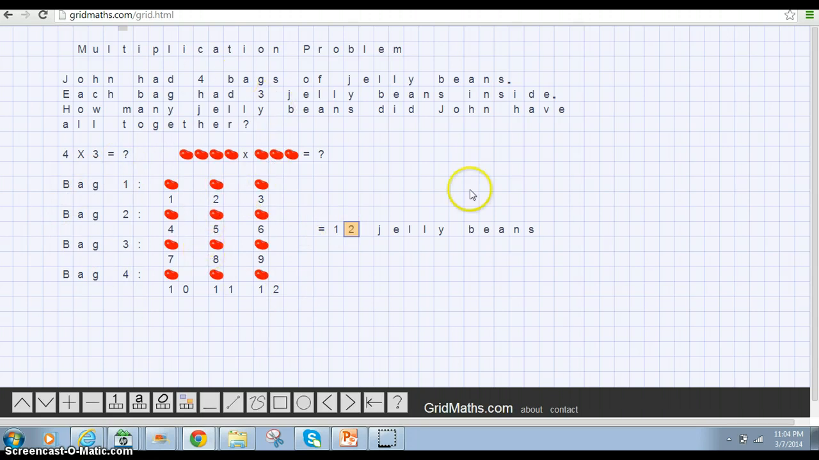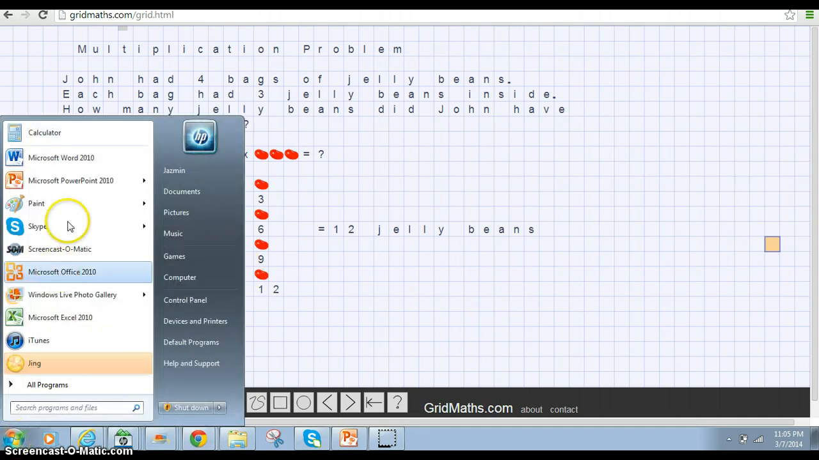After you have done this, I want you to take a screenshot of your page, the GridMaths page, and we already covered how to do this before. So you press the print screen button on your computer, but I want you to move this little square out of the way so it doesn't come out right here when you do it. So you do that, you press the print screen, and after you've done it, I want you to open a